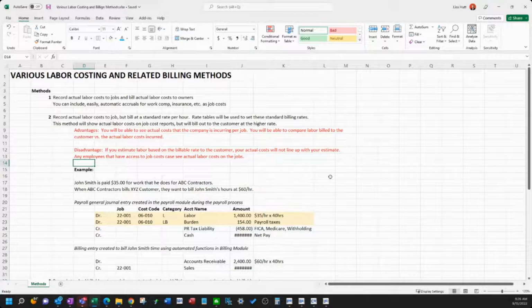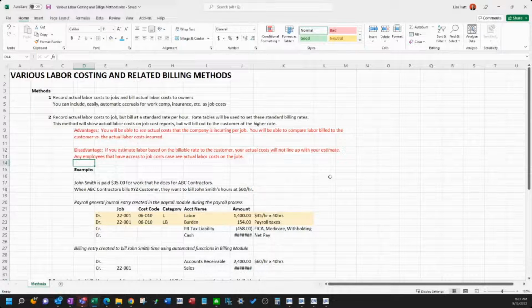So that is the most common method that's being used right now across many of our clients and across the accounting industry, the most common thing we've seen. The problem that some people are running into is that their billable rates that they've contracted with an owner are higher or are set rate, and your actual labor costs are not that rate because they fluctuate based on payroll taxes, benefits, if you give someone a raise or a bonus, things like that.